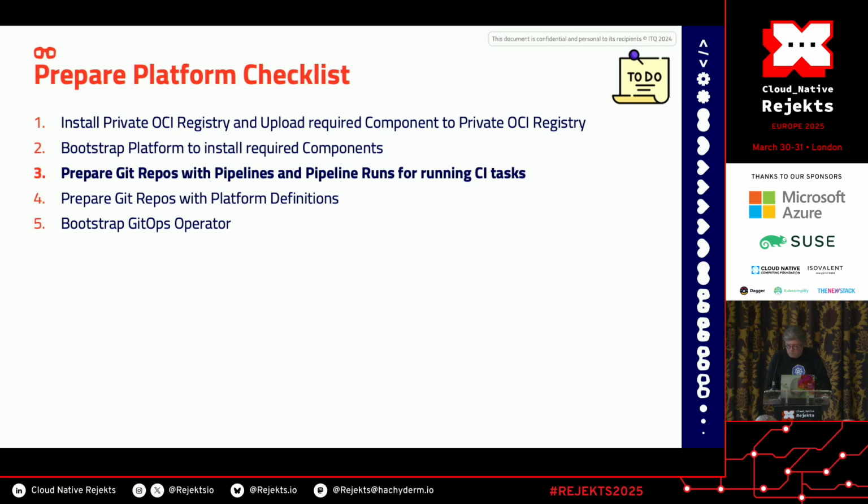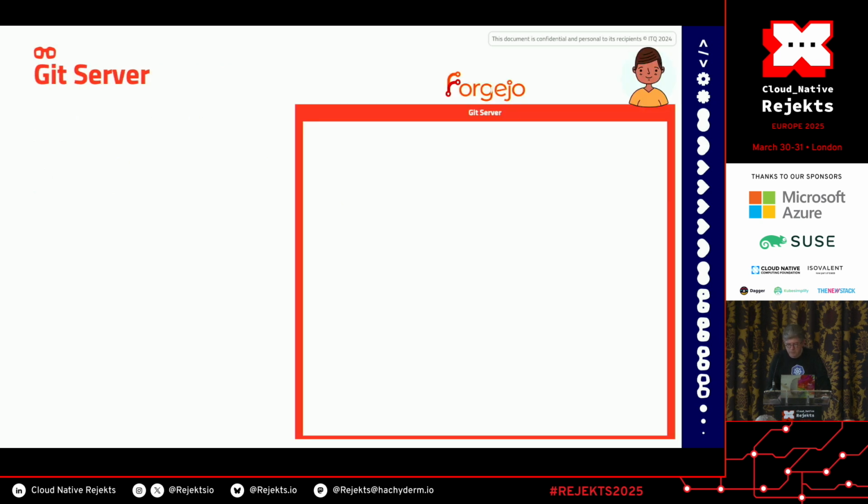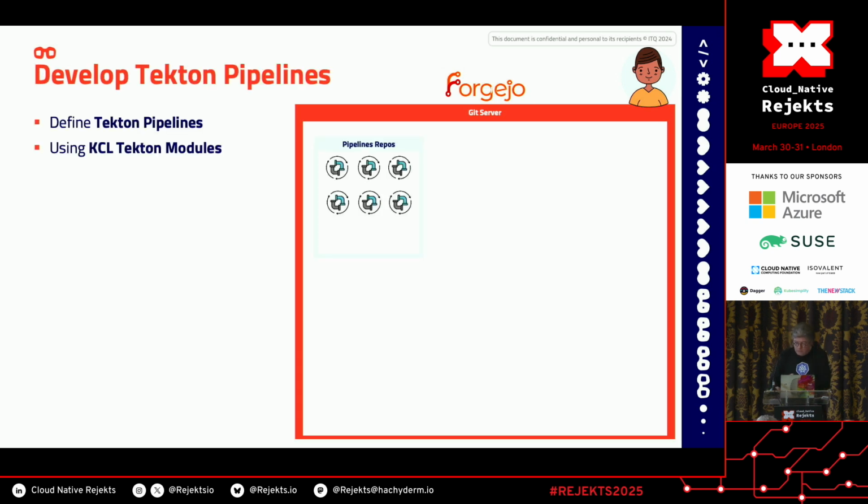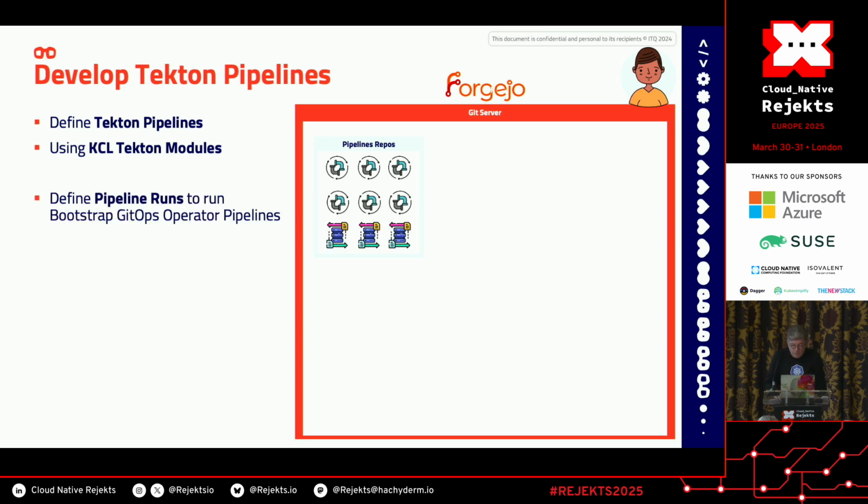And then to use this platform, you need to push the code and the configuration on Git. So prepare everything from the Forgejo Git server. Here, Dave will develop some Tekton pipelines to create all the CI required to use the platform afterwards. He uses Tekton modules for doing so, and he creates as well some pipeline runs to trigger the pipeline to